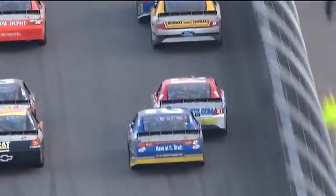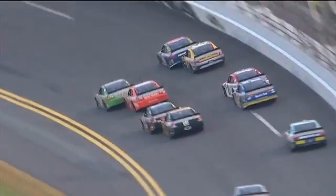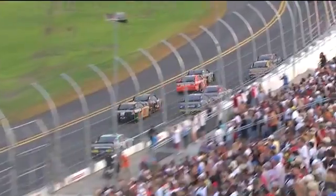But see, he's to the left side. When you dump to the left, Jeff said, these cars get incredibly loose. When you get to the left and the car rotates in, it rotates off that left rear like that on the bumper, and they're not flat against each other anymore, and the 21 just takes off. One car's involved in it, probably the 47 car, because the one car's trying to get down off the racetrack too. So there's three or four cars that have damage, but the 21 is just...